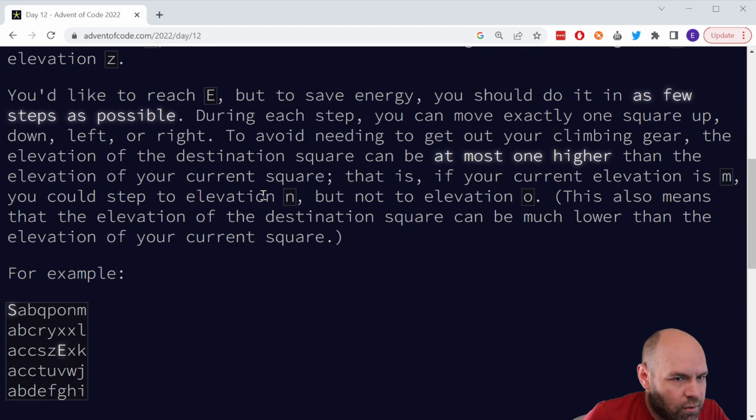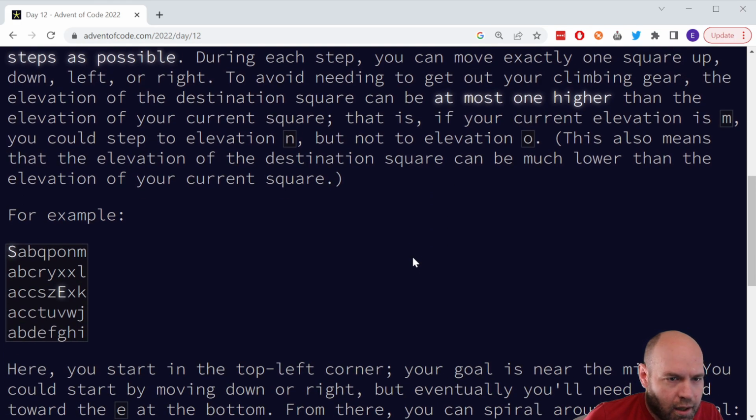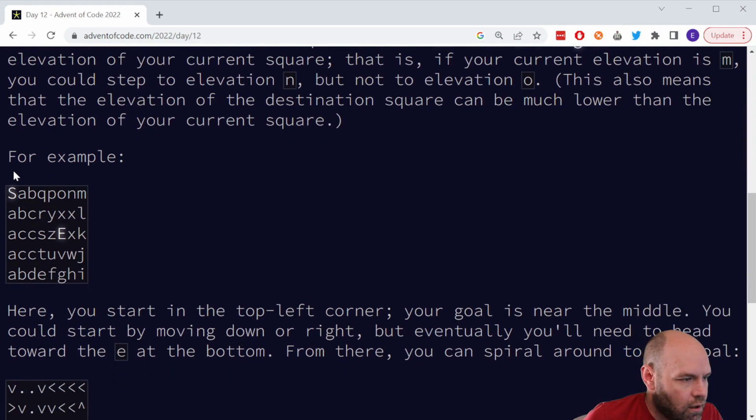During each step, you can move exactly one square up, down, left, or right. To avoid needing to get out your climbing gear, the elevation of the destination square can be at most one higher than the elevation of your current square. That is, if your current elevation is M, you could step up to elevation N, but not to elevation O. This also means that the elevation of your destination square can be much lower than the elevation of your current square. For example: